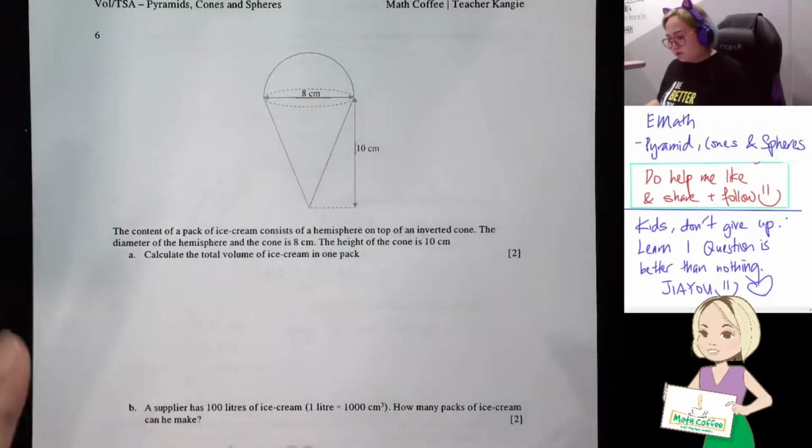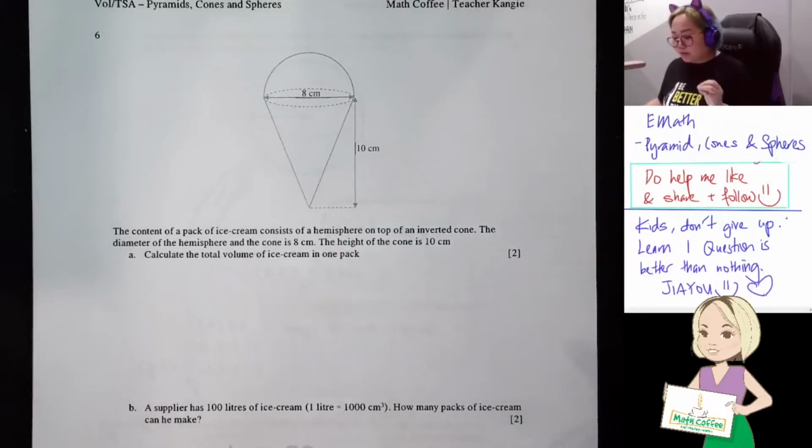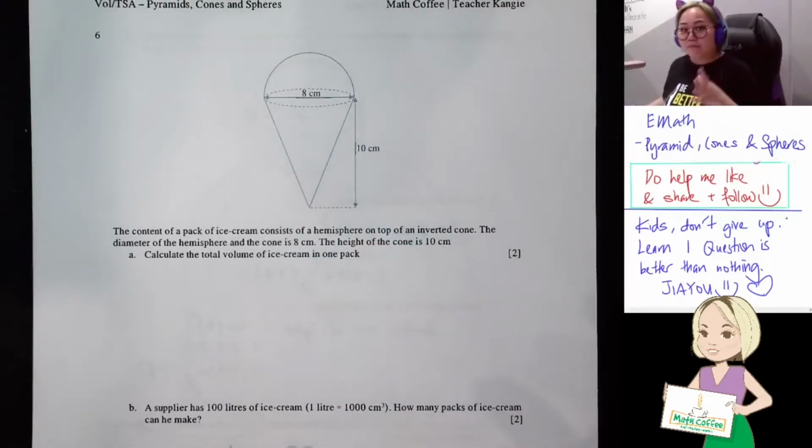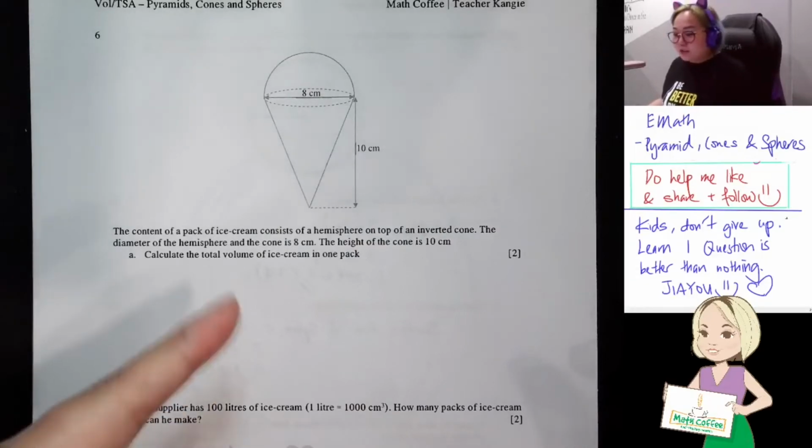So they ask you to calculate the total volume of the ice cream in one pack. At first when I was reading the question, they asked to find the volume of ice cream. They never say volume of the whole thing. Okay? So technically speaking, when you think of the ice cream, you will only feel that the ice cream is